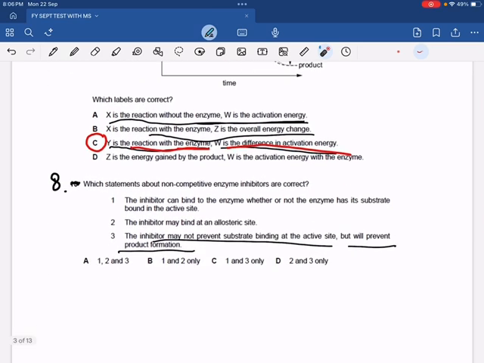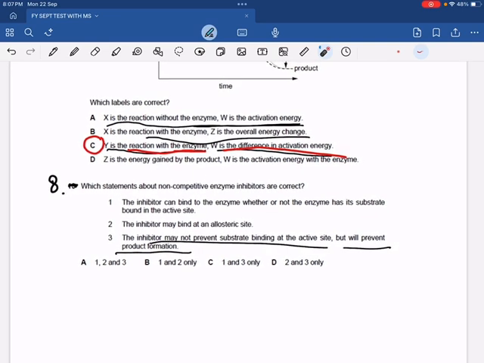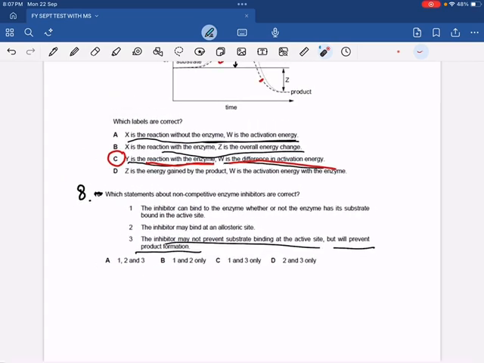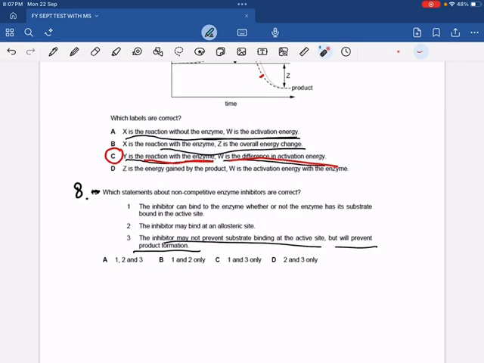A non-competitive inhibitor does not bind to the active site. A non-competitive inhibitor binds to a site other than the active site, which can be an allosteric site. A non-competitive inhibitor does not affect the affinity of the enzyme for the substrate. These are all concepts you guys already knew. And that is why we say that the non-competitive inhibitor does not have any effect on Km, but it remarkably and significantly reduces the product formation, which is Vmax. So the answer to MCQ number 8 is A.